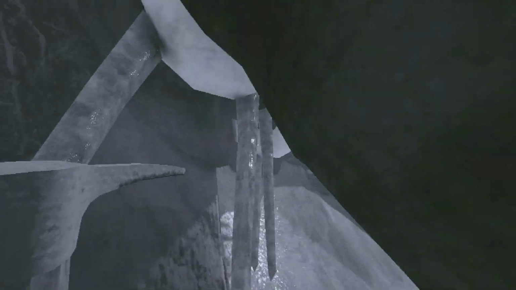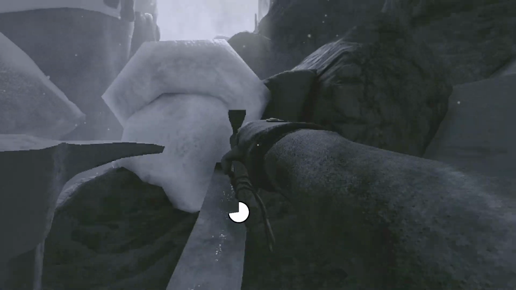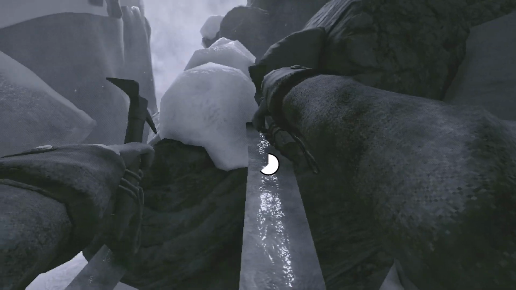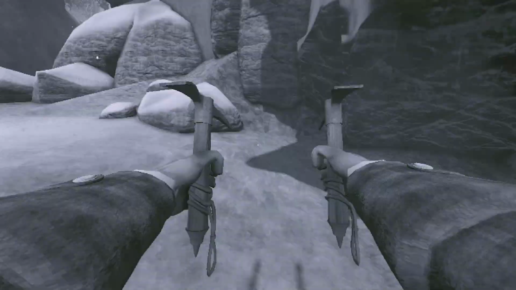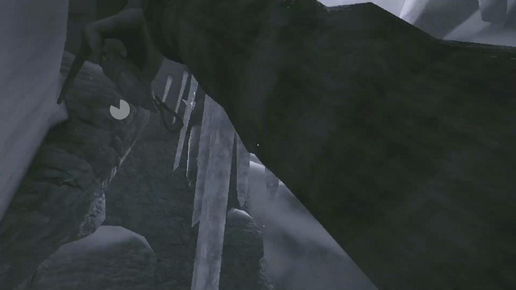But the fact that this isn't in the final game is just so interesting to me, because it has pretty much the similar things that the Bulwark and Solemn Tempest have, where it has really thin icicles that can break if you touch the lower bits of them. It has giant ice patches. It has the snow that you have to knock away to be able to grab certain ice, like icicles and stuff like that. It also has an unused something that I'm going to only refer to as an ice sheet, where it's just a really thin piece of ice that you can stab your pickaxes into, and this isn't in the final game at all.